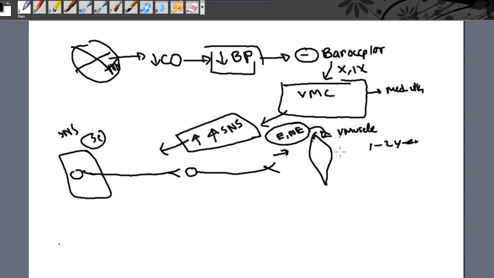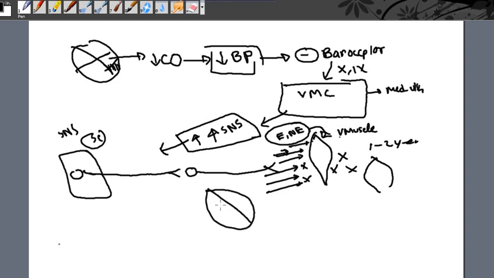This ventricular muscle cell undergoes apoptosis. So if there is chronic sympathetic drive from the brain, this ventricular muscle undergoes apoptosis,